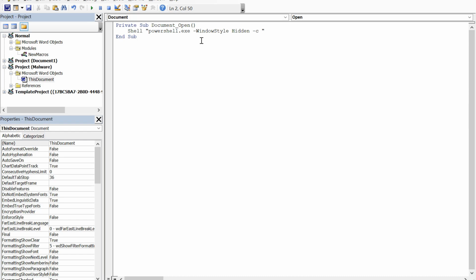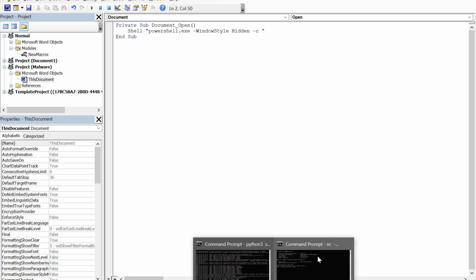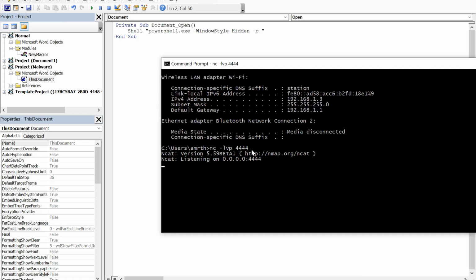What we want to do is basically get it to connect to us. We have netcat open on port 4444. So we want this document to connect back to us and probably download something from us. We can have netcat, and we can have an HTTP